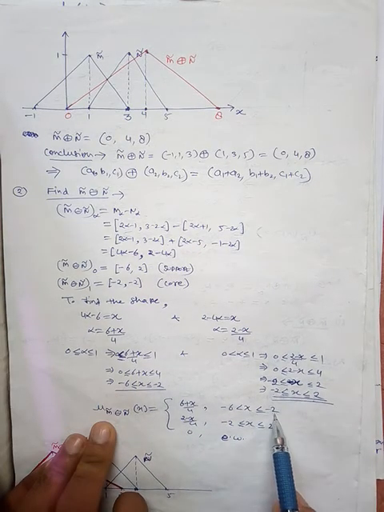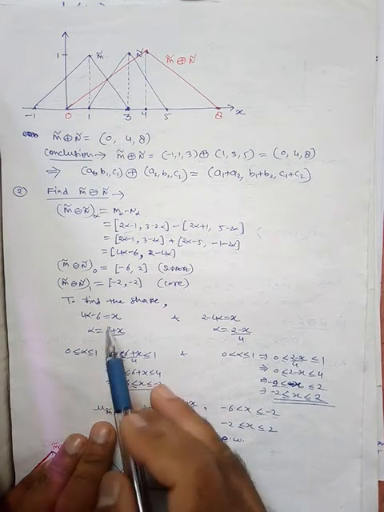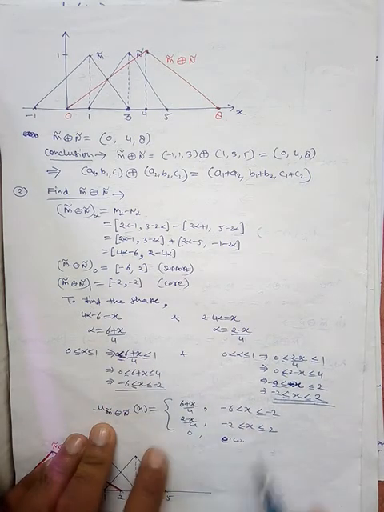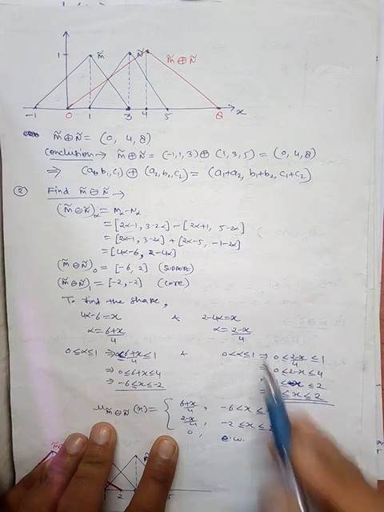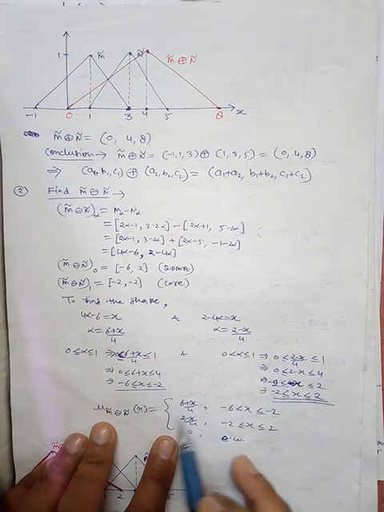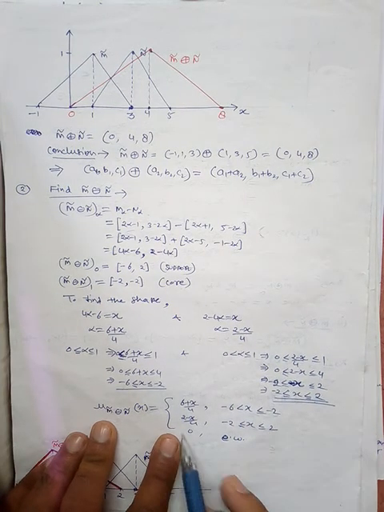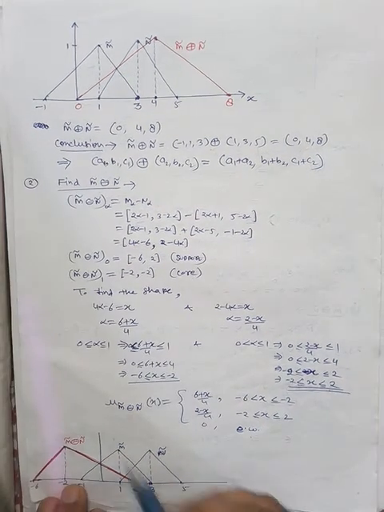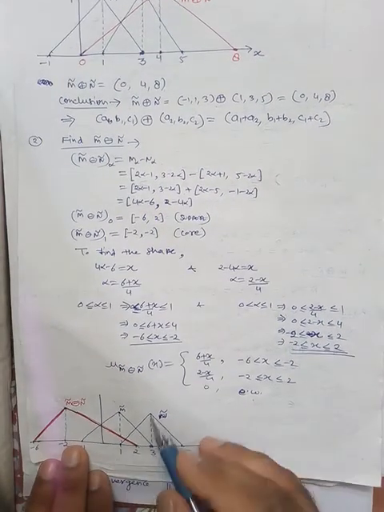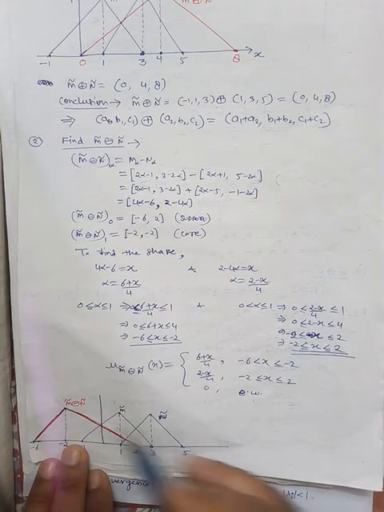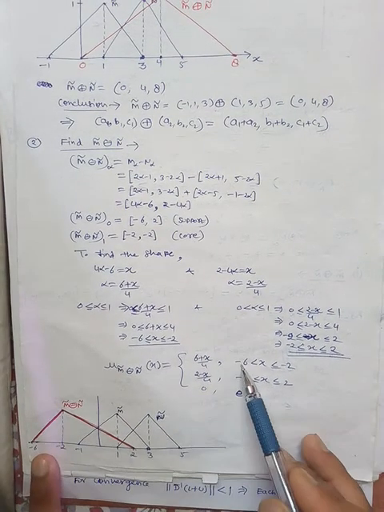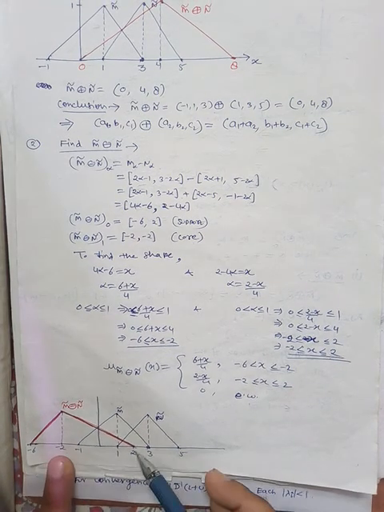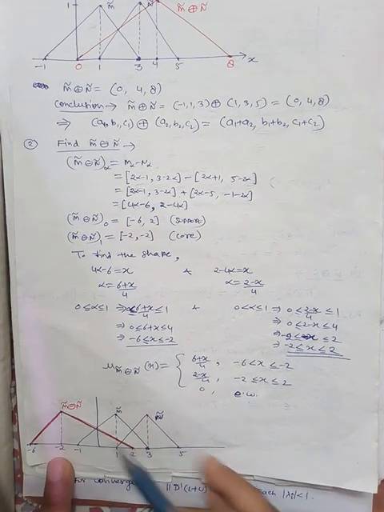So from minus 6 to minus 2, that means for this range, your alpha will be 6 plus x by 4. Similarly, for the second part, minus 2 to 2, alpha is 2 minus x by 4. So 2 minus x by 4 from minus 2 to 2, and otherwise 0. So this will be the difference. So this is your m, this is your n. If you take their difference, then this will be the answer. Minus 6 to minus 2 and then 2. So this is minus 6, minus 2 and then 2. So this is a triangular number. This is a triangular number.